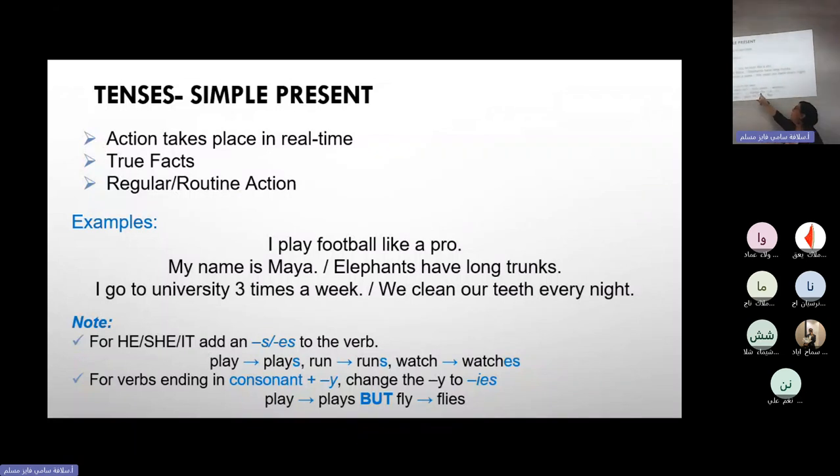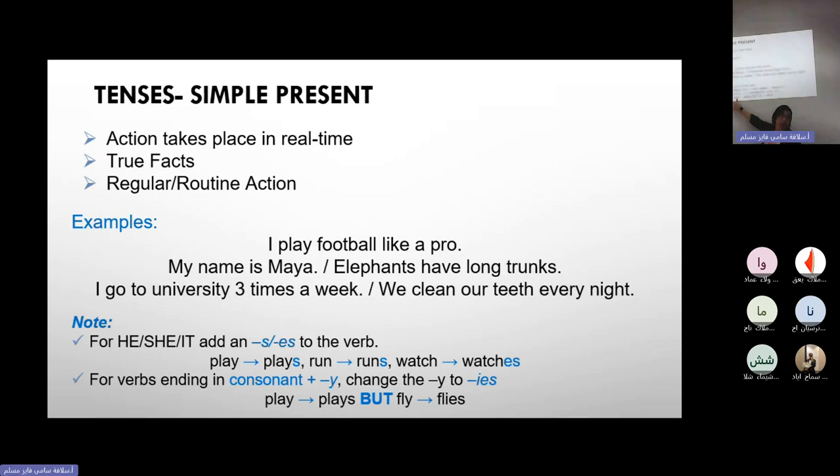Consonant زائد Y شو بتساوي؟ We change the Y to I-E-S. زي مثلا play شو اجى قبلها؟ حرف علة صح؟ شو بتصير؟ plays بتضلها لأنه اجى حرف علة. لما يكون عندنا consonant، fly شو قبل الواي؟ L. حرف ساكن، شو تغيرت صارت؟ flies. اوكي؟ هاي مهمة ليش؟ لأنكم كإديتورز وبروف ريدرز في المستقبل هاي النقاط الصغيرة مهمة تعرفوها لأنكم حتعملوا editing لشغلكم ولشغل غيركم، فبالتالي إذا ما بتعرفوا هاي النقاط بتكونوا مش مؤهلين لتكونوا editors. اوكي؟